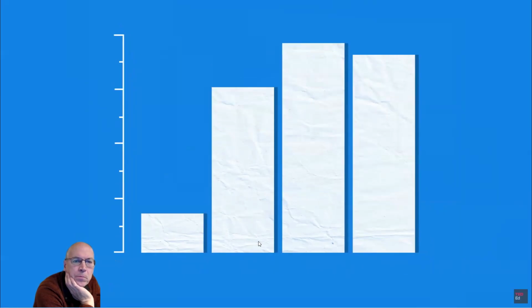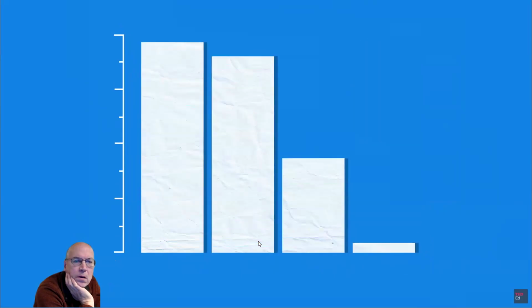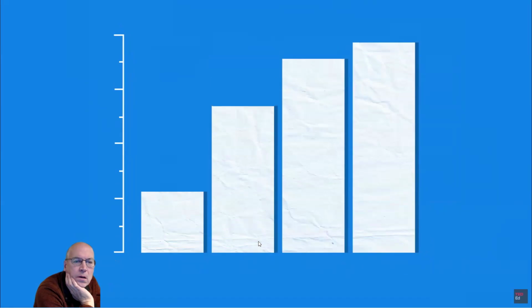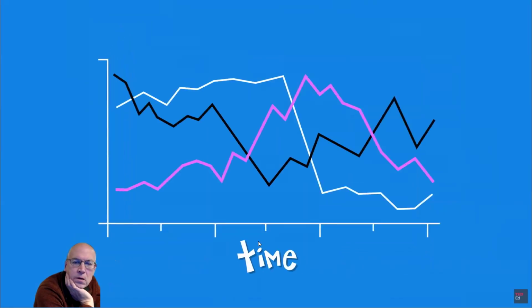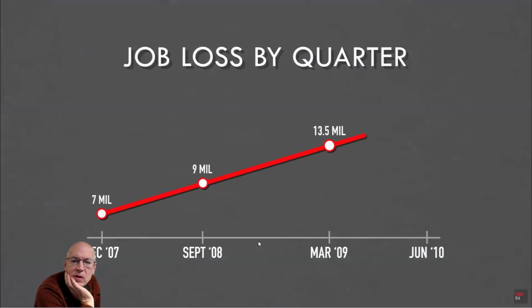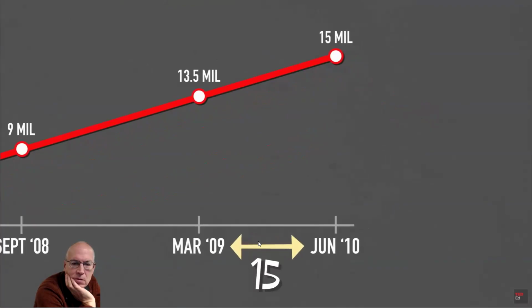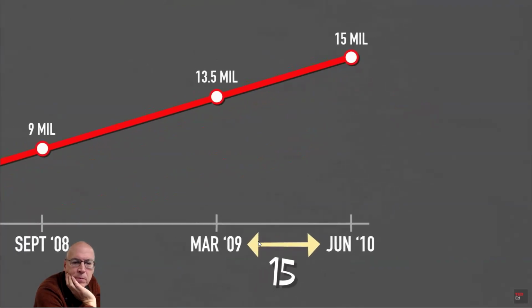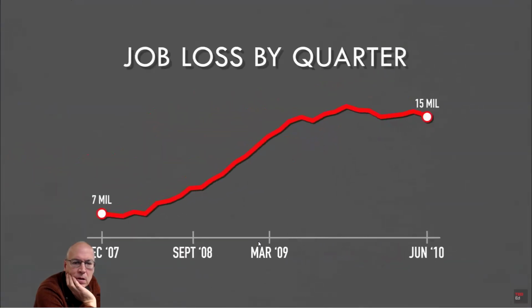And it's especially misleading with bar graphs, since we assume the difference in the size of the bars is proportional to the values. But the scale can also be distorted along the x-axis, usually in line graphs showing something changing over time. This chart showing the rise in American unemployment from 2008 to 2010 manipulates the x-axis in two ways. First of all, the scale is inconsistent, compressing the 15-month span after March 2009 to look shorter than the preceding 6 months. Using more consistent data points gives a different picture, with job losses tapering off by the end